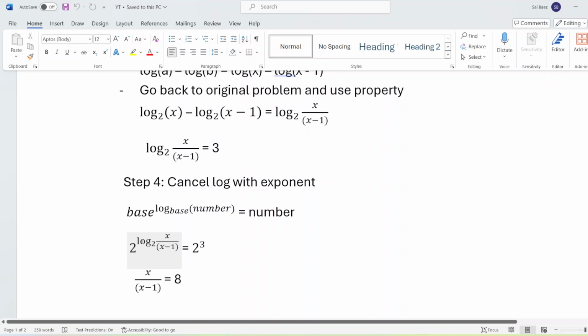So like this, it's saying 2 to the power of log base 2 of (x over x minus 1) equals 2 to the third. Because I have to do it on both sides, make sure you do it on both sides. Because if you do it for one side, you have to do it on the right side, to give everybody